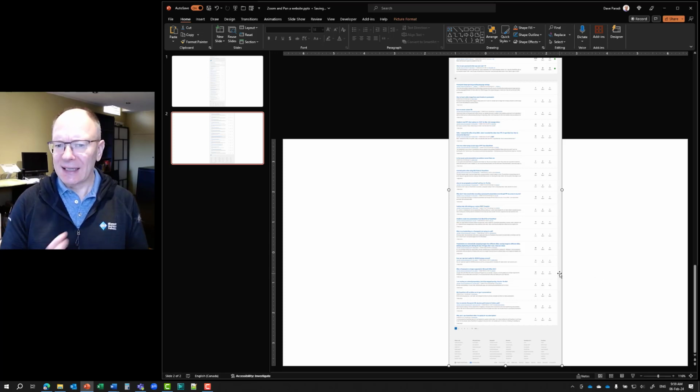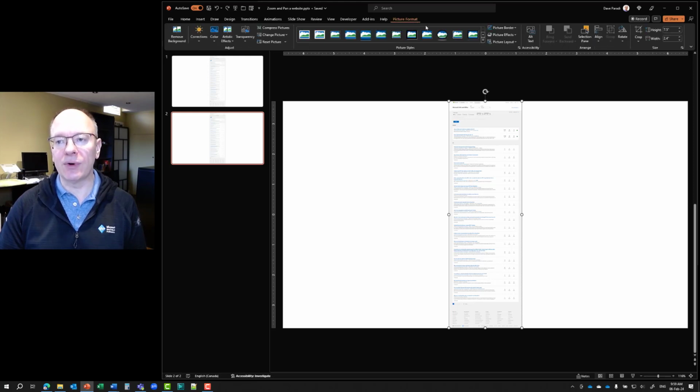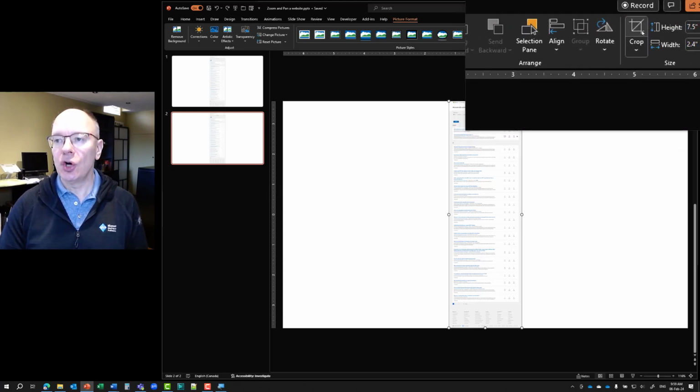So if I want to use the top corner handle, for example, I could do that. And this gets a little unwieldy. So let me undo. If you're used to sizing images simply by grabbing a corner handle, with an image that's really, really tall, you're going to run into problems because it quickly gets off of the area that you can actually see. So what I'm going to suggest is that before you start resizing, you go to the picture format ribbon, and on the right hand side here, let me zoom in so you can see it,